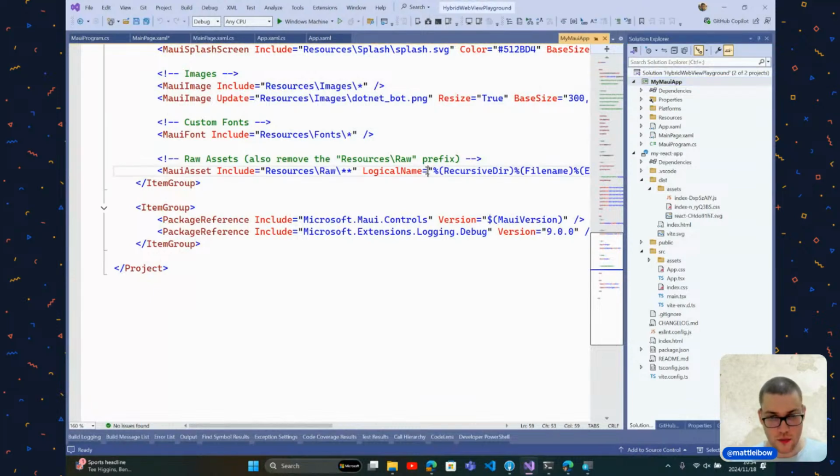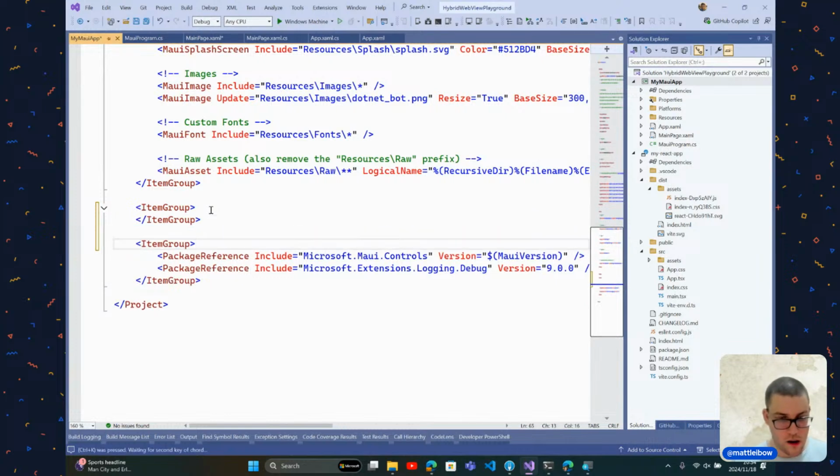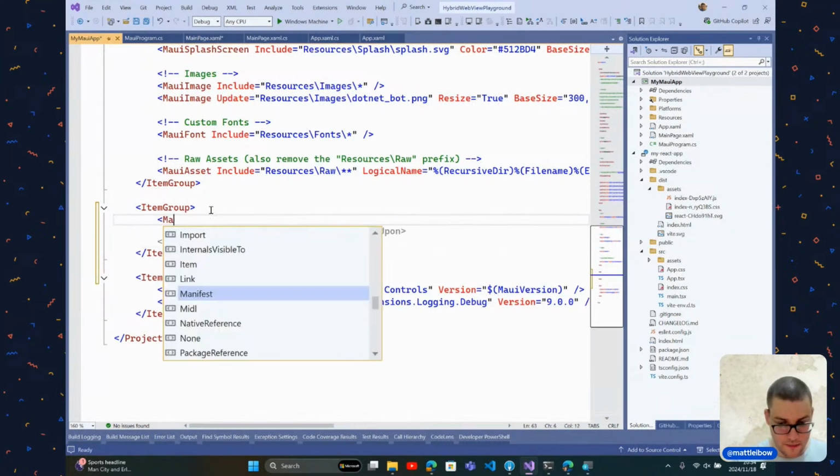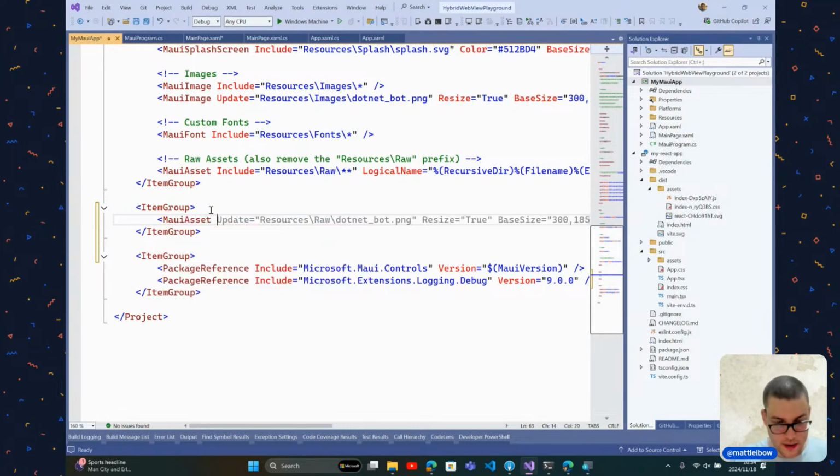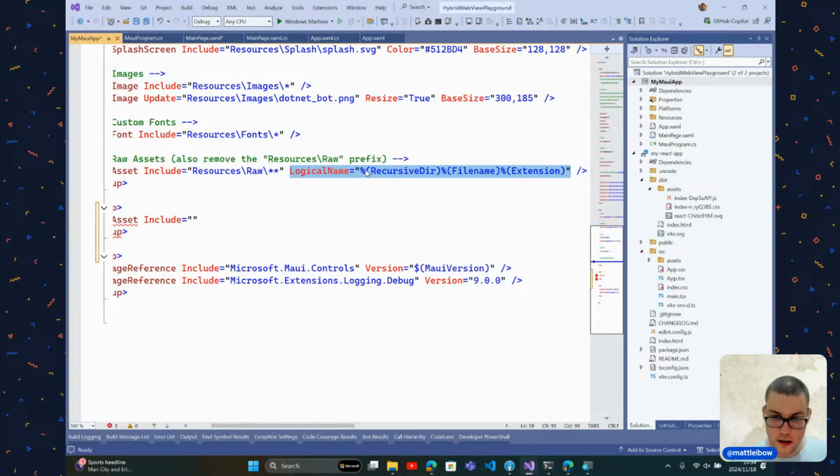is the way hybrid works. So actually, I'm just going to make a new item group here for myself. And we're going to do a MAUI asset. And we're going to do include. And we need to have the logical. No, we don't do that. I wasn't going to copy that. Include, and we're going to do